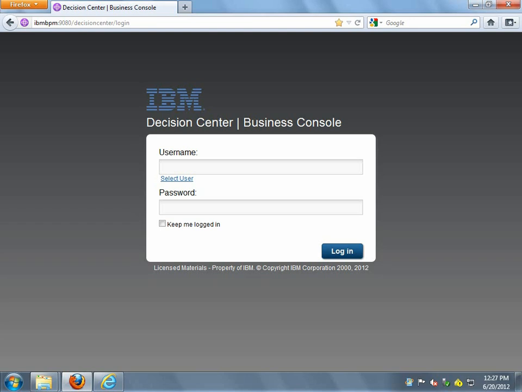My name is Jared Michalec, and I'm the Worldwide Technical Sales Leader for BPM and Decision Management at IBM. Today we're going to focus on the new capabilities in the latest version of Operational Decision Management. On the screen you can see the interface called the Decision Center Business Console, and over the next 10 to 15 minutes I'm going to use this interface to take you through some of the capabilities that make this offering